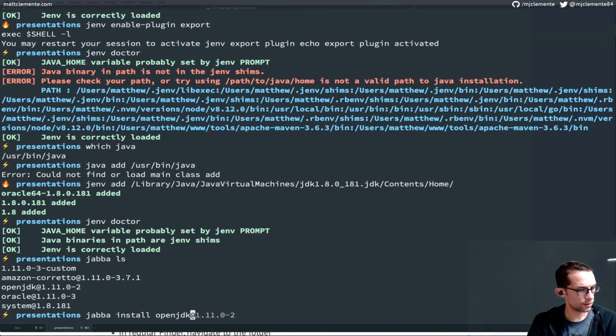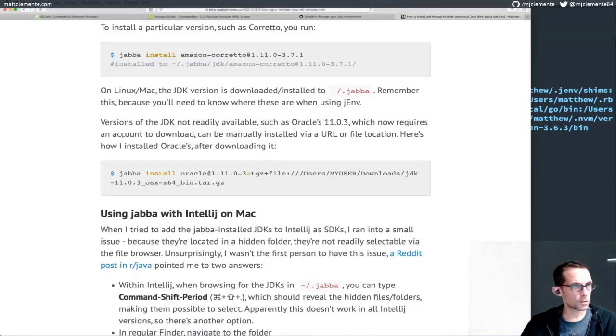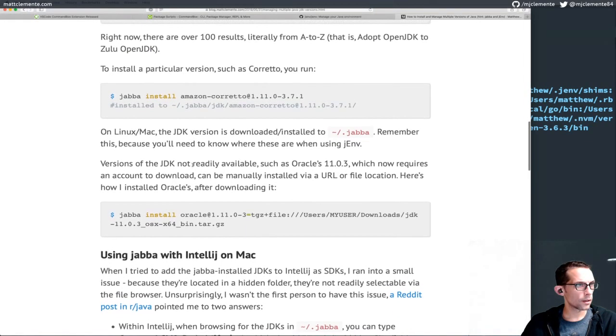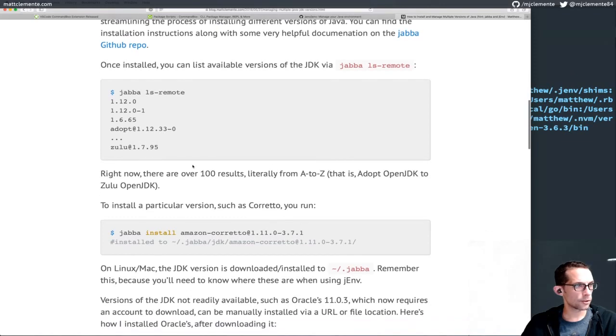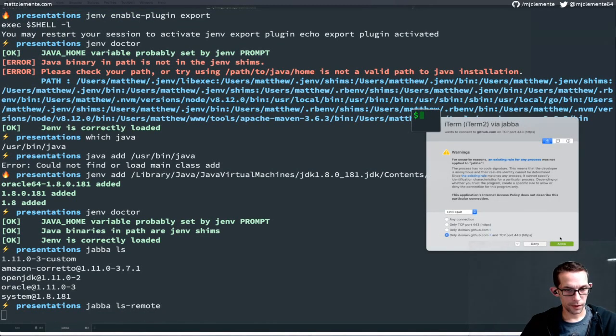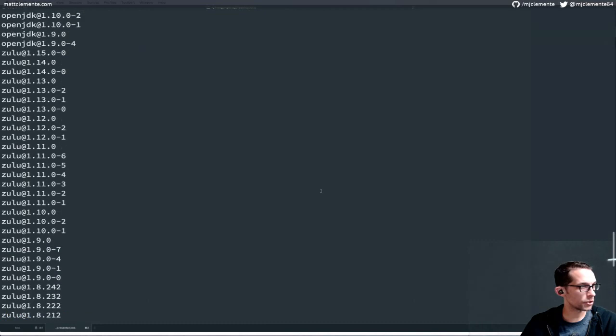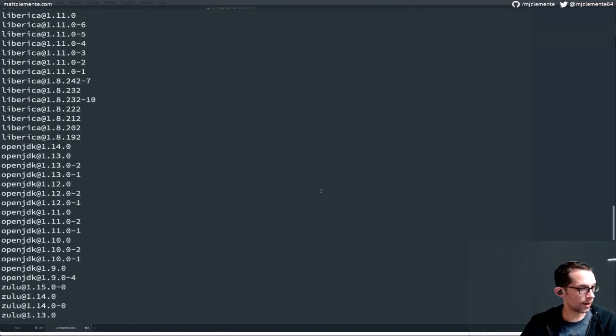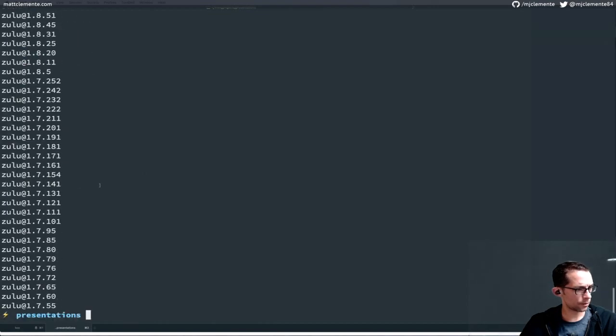OpenJDK at, isn't that? I thought that was the Java install command. Java ls-remote. Okay, this might be the issue. I have to give it permission. It's okay, Little Snitch. OpenJDK at, oh, that's actually the latest. Okay, interesting. I don't know if I have this one installed or not, but